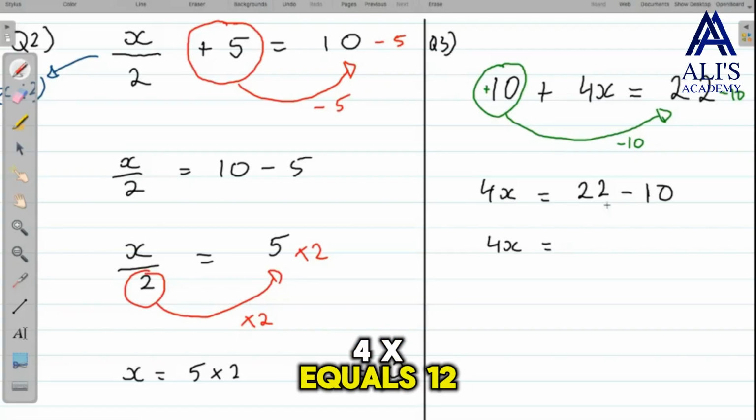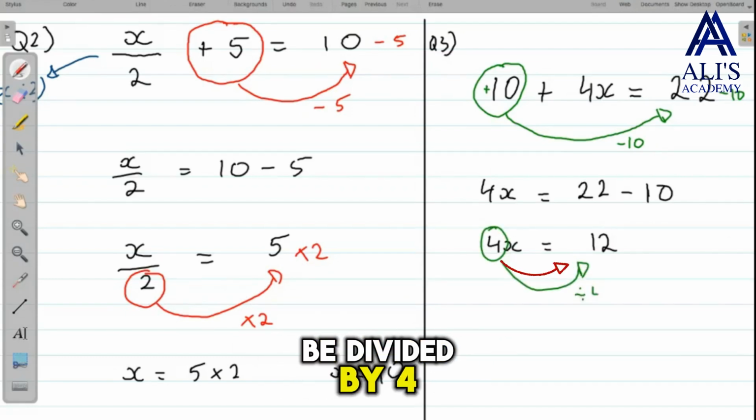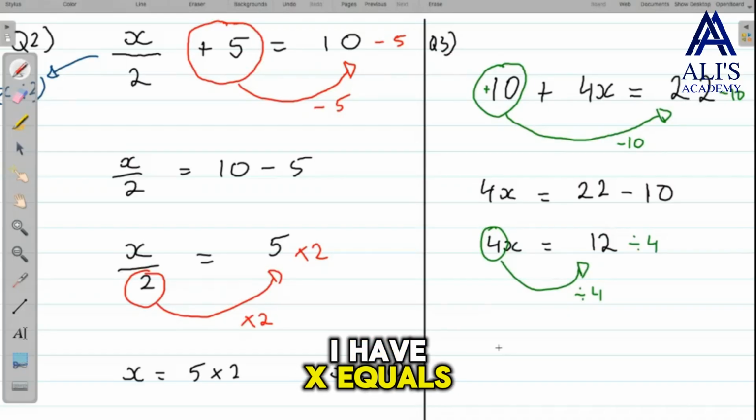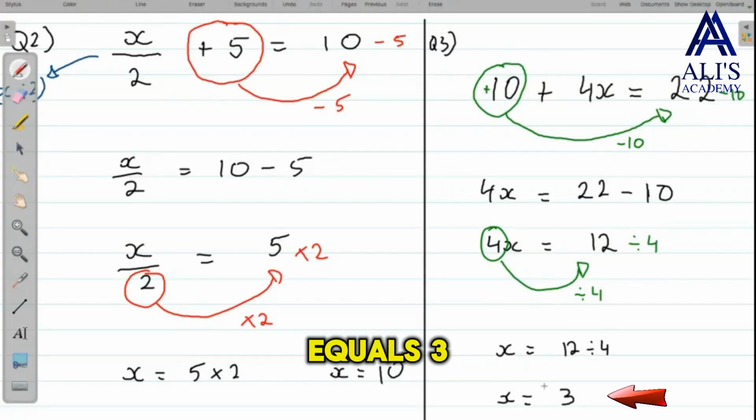4x equals 12. Then I have to move my 4. Remember, it's 4 times, so it's going to be divided by 4. I have x equals 12 divided by 4. X equals 3. Okay,